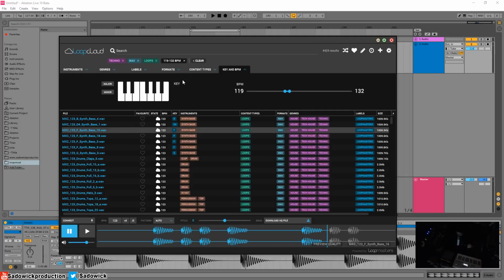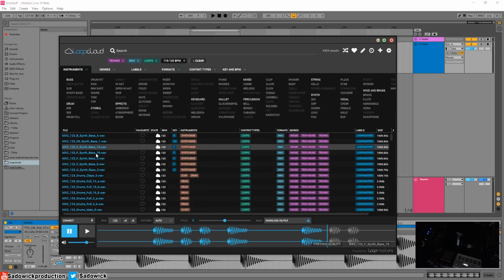So here is the main area right here. So you select a sound, and then it plays through here, through a preview quality kind of situation. There's all sorts of data here. The instrument tags. It's a loop. It's a wave. It applies to house, tech house, and techno. The label is Loopmasters, and it's 1,000 kilobytes. And